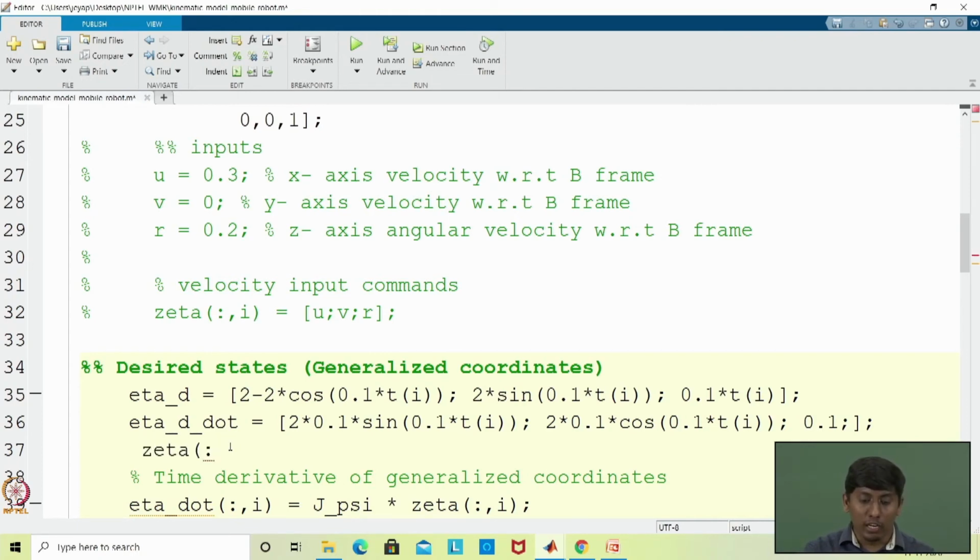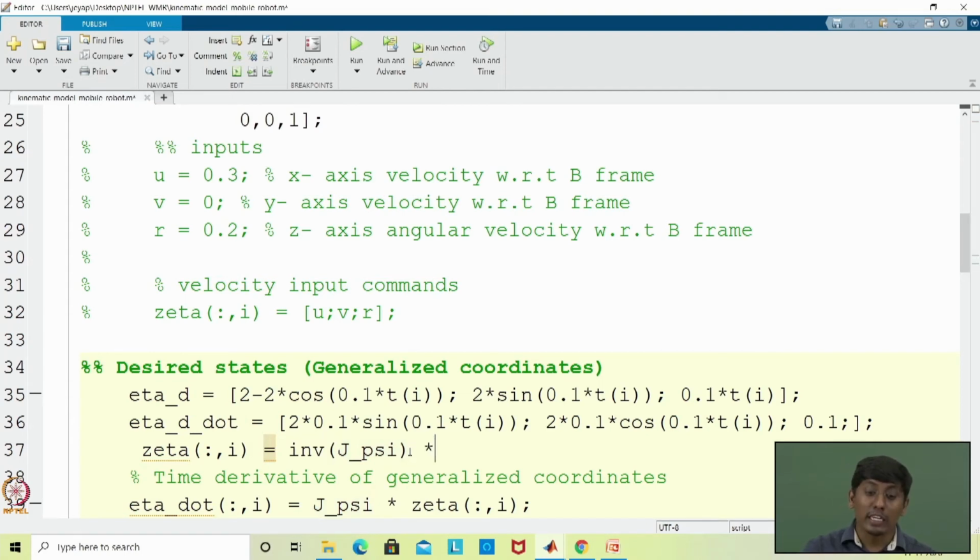Here, substituting into eta dot may be redundant, but we are doing it from the right perspective. The zeta I am calculating is based on what we know, J psi inverse. The J psi inverse I can write in MATLAB with the command INV, the inverse of this. So now what do you need to have?